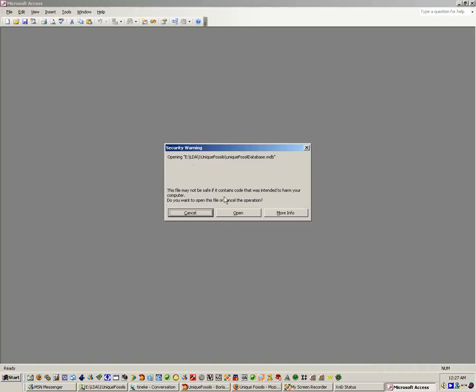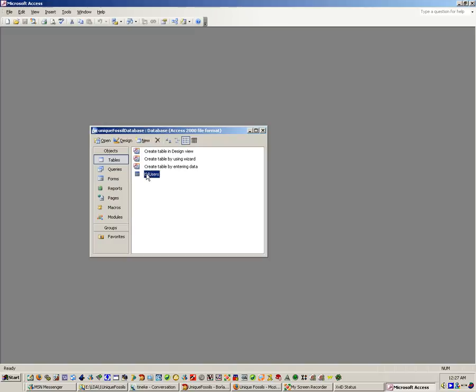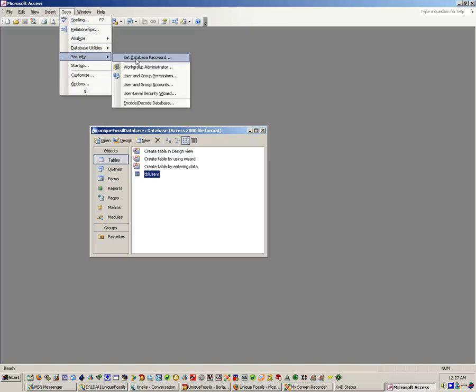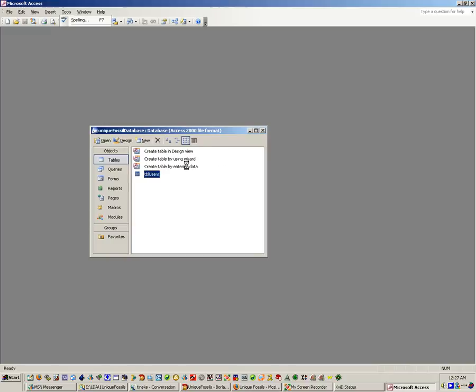Let's open up the database, and let's see if we can add a security to this. Set database password. And let's set it as